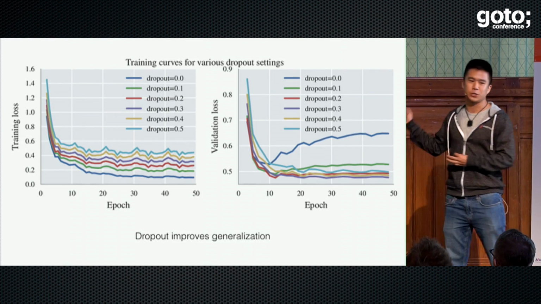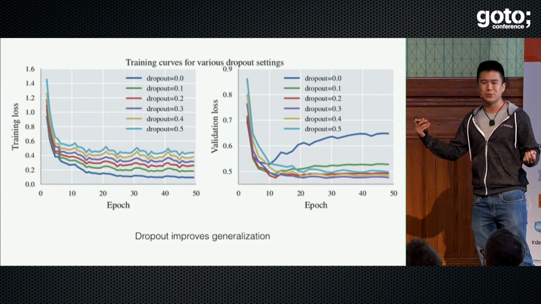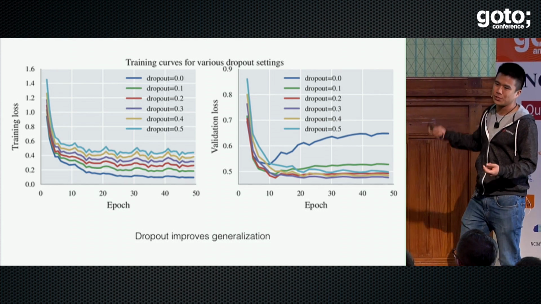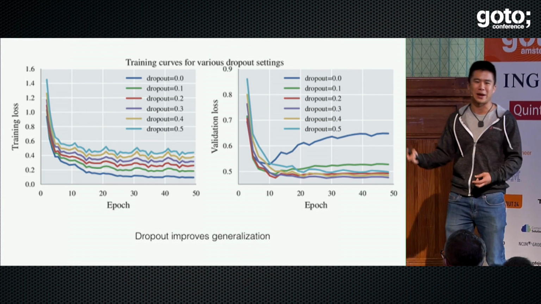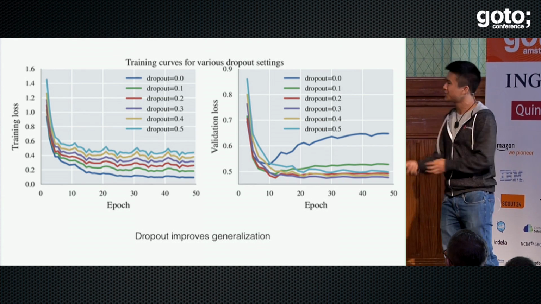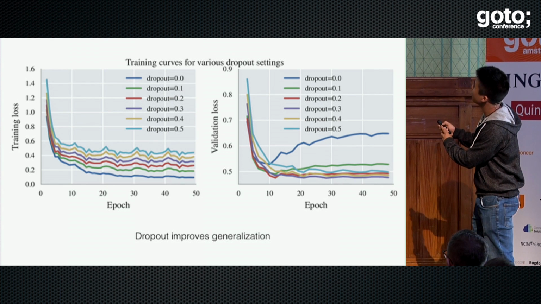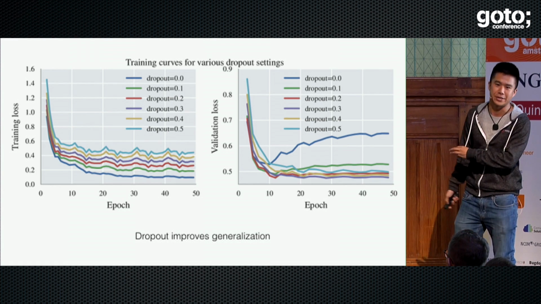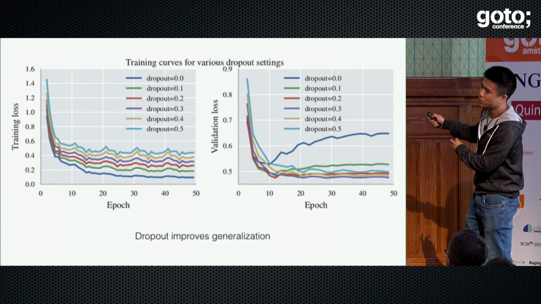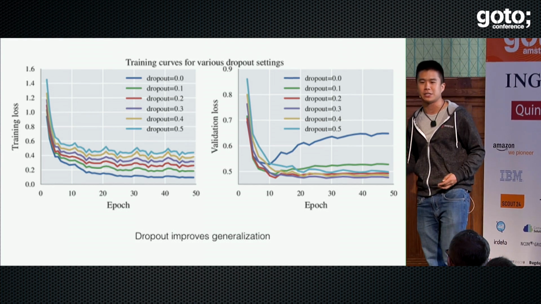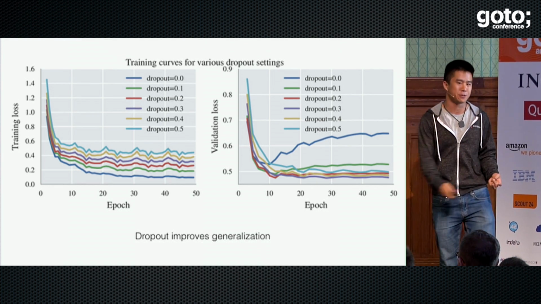Here's my promised slide about dropout. Counterintuitively, as we start dropping out or turning off random neurons or random neuron connections, we actually generalize better. We see that without dropout, the model actually starts to overfit dramatically. It gets better at generalizing, then it gets worse and worse at generalizing because it's got so many connections, it can learn so much.